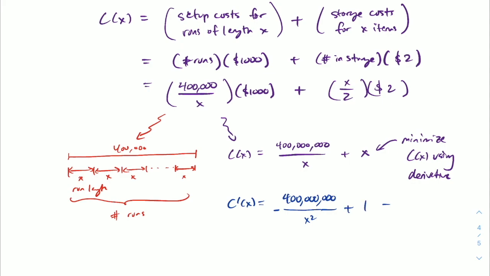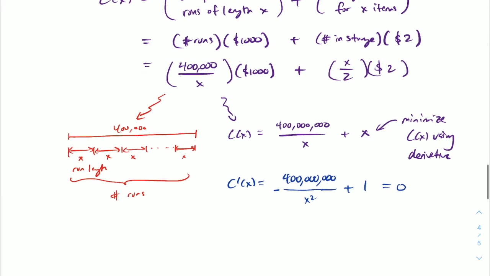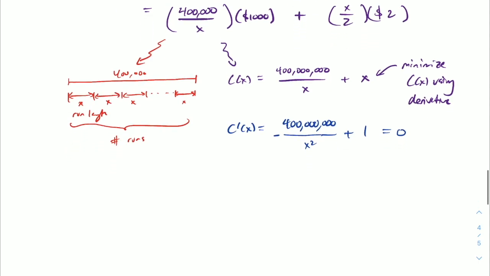And we want to set this equal to 0 to minimize. Okay, so now let's solve for x. We'll get 400 million over x squared equals 1, moving the 400 million to the right-hand side. And then multiplying both sides by x squared, we get x squared equals 400 million, or x equals the square root of 400 million,